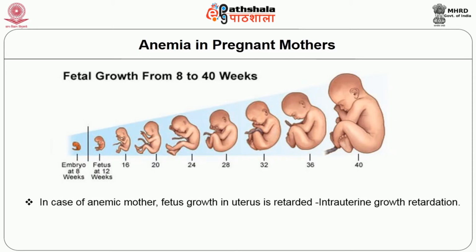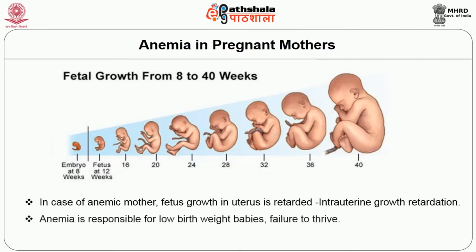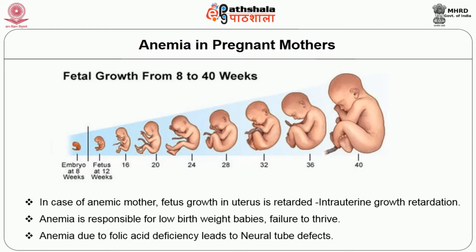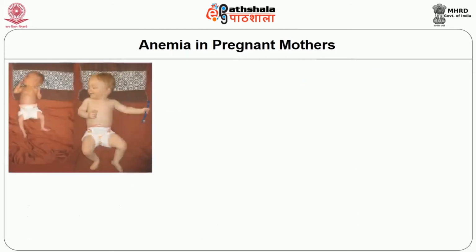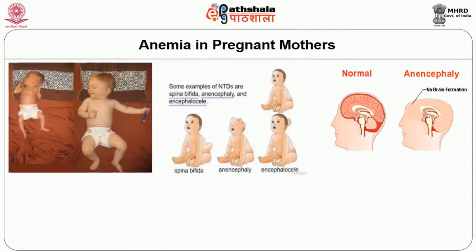The fetal growth is reduced, that is retarded, that is called intrauterine growth retardation. The anemia is responsible for low birth weight babies, and that leads to failure to thrive. Anemia due to folic acid deficiency leads to neural tube defects in the newborn. If you look into the picture, you can see a normal weight baby compared with that of a baby born to an anemic mother. And in this picture you can see,